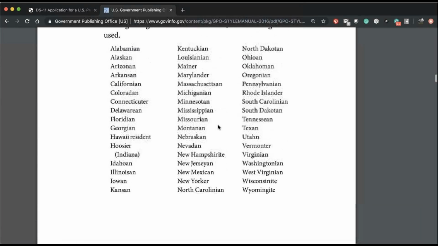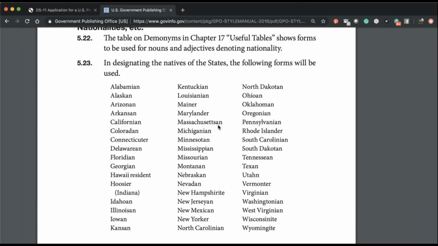Because if you go to your birth certificate, if you're born in South Carolina, they recognize that as a South Carolinian. Or if you're born in Kentucky, they recognize that as a Kentuckian, a Louisianian, a Mainer, a Marylander,